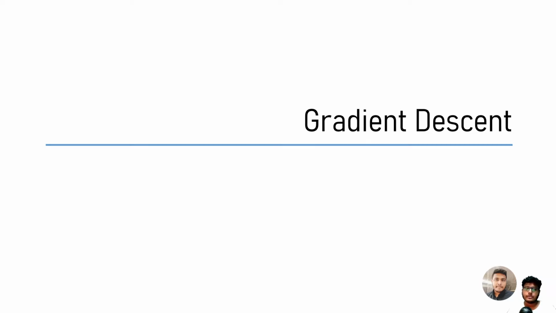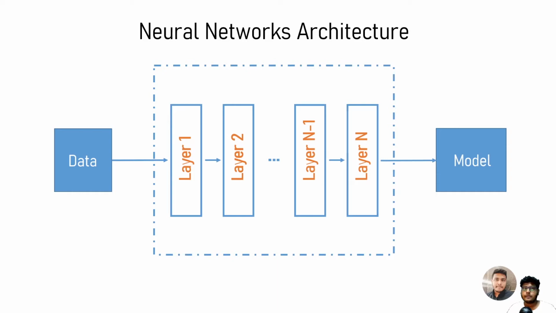So let's get started. In this video, we are going to talk about gradient descent optimization, and let's see what that is. Let's have a bit of a recap of what we know till now. A neural network consists of multiple different layers, starting from layer 1 till layer n, and you have multiple neurons in each of these layers. You pass in data to layer 1, mathematical functions happen, then the output goes to layer 2, where similar mathematical functions take place, then the output moves to layer 3, and like that from the last layer n, you get the predictions.